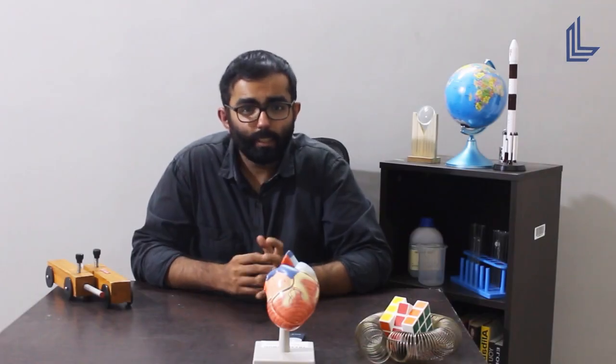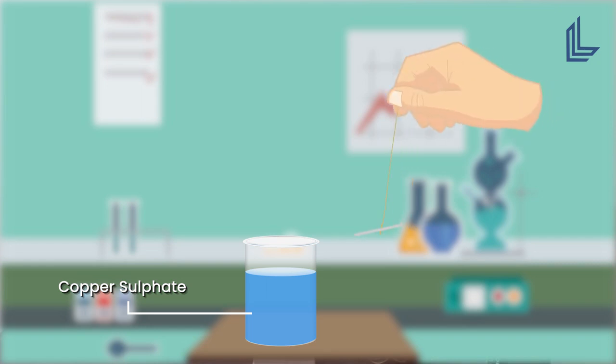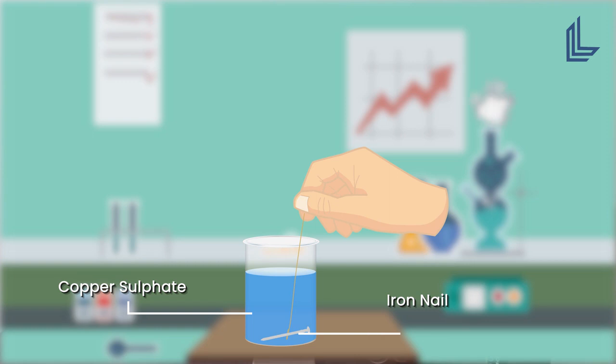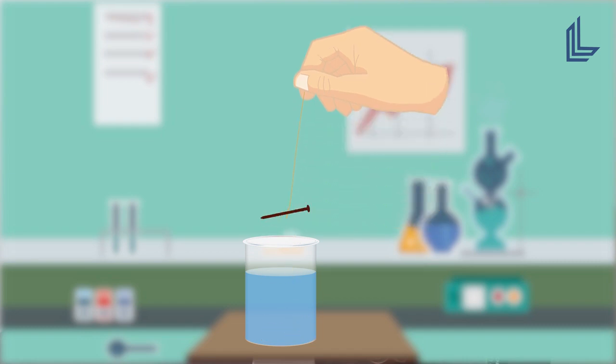Now, let us take an example to understand this better. Let's take a test tube which contains copper sulfate solution. As you can see, this copper sulfate solution is blue in color. Now, let's go ahead and add an iron nail to this test tube and keep it aside for some time. After some time, what you'll observe is that the blue copper sulfate solution has now turned a sky blue sort of color. Also, if you remove the iron nail from the solution, you will observe that the iron nail now has a brown coating on it. Now, what do you think has happened?